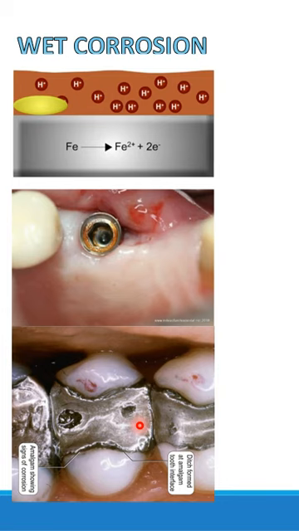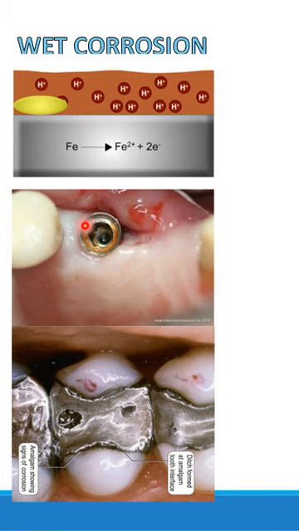So wet corrosion happens because of repeated stress, as in the case of amalgam restoration. The more negative potential areas will form pits and corrode easily compared to the positive potential areas. Similarly, in an implant abutment junction, because of microbial invasion or change in the concentration of electrolyte in